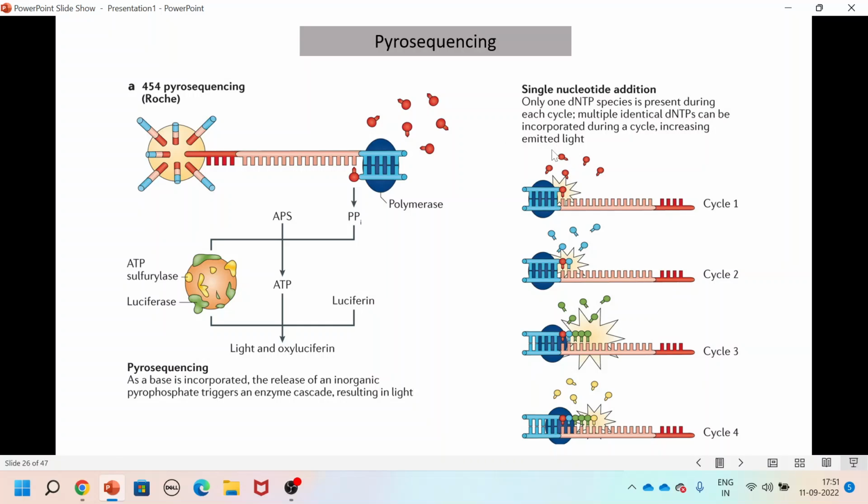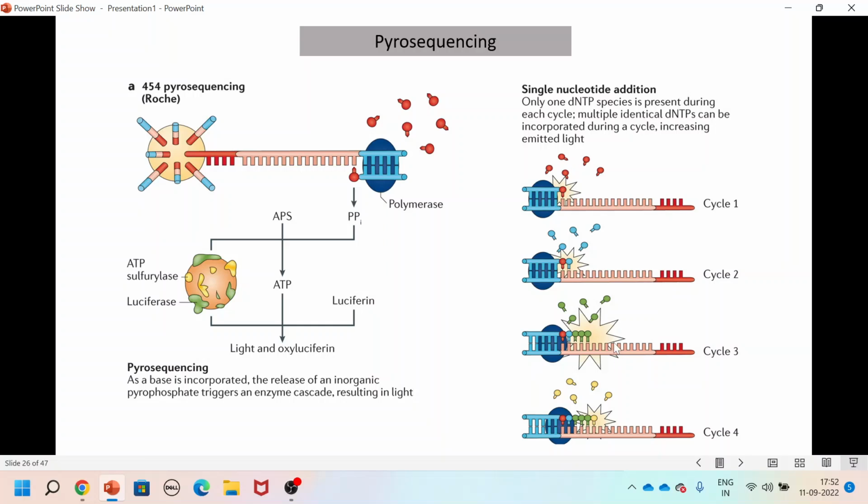So in cycle one, we'll add only one kind of dNTP, and we'll see whether it is emitting light or not. After this, similarly in cycle two, we'll add the other kind of dNTP. So in this way, in the different cycles, different dNTPs are incorporated, and during the process of the extension, when